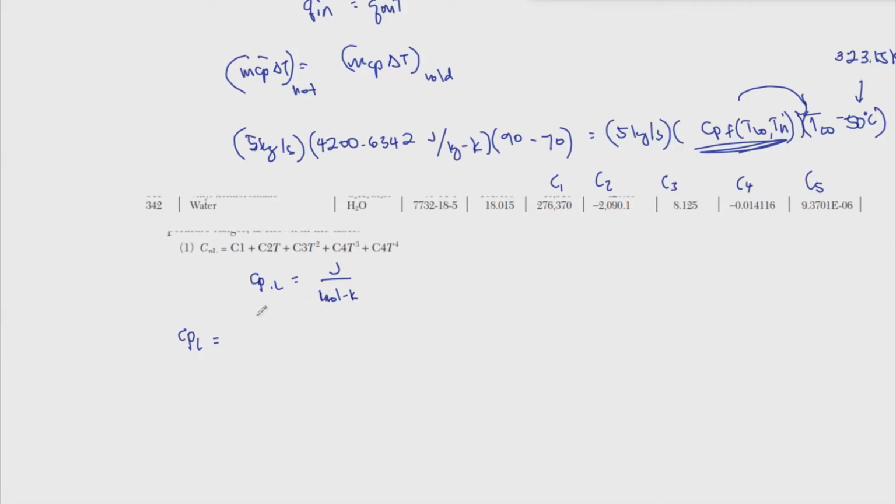And then our specific heat capacity of liquid is based on this expression, we have C1, so that's 276.370, and then we add this C2 at the temperature of the average temperature, so we get minus 2090.1 times the average temperature, which is our TCO plus 323.15 Kelvin divided by 2. Okay, and then we add this with C3 T squared, so we have C3, that's 8.125, and then again the average,